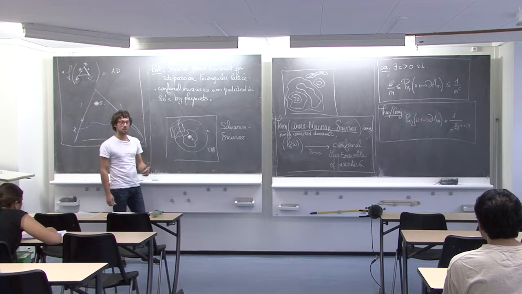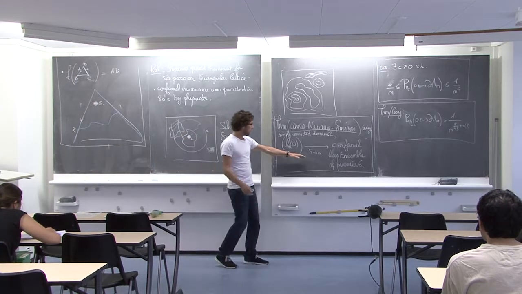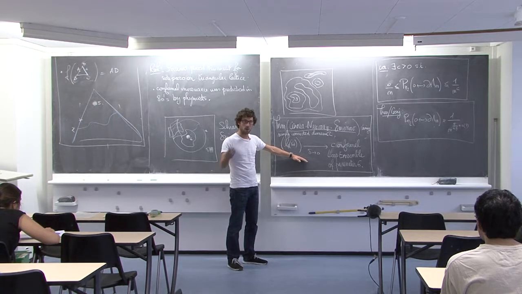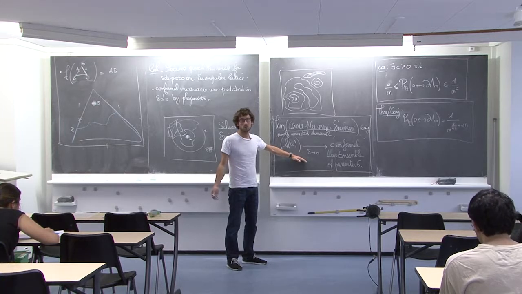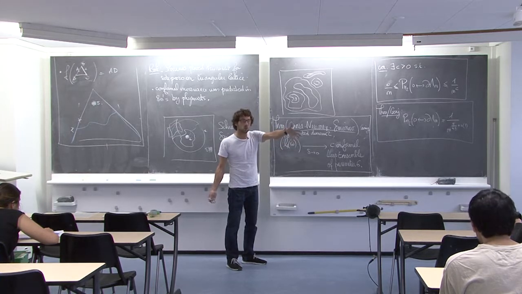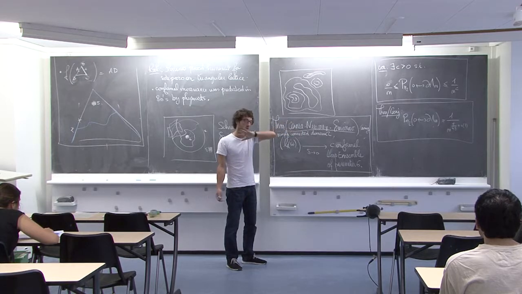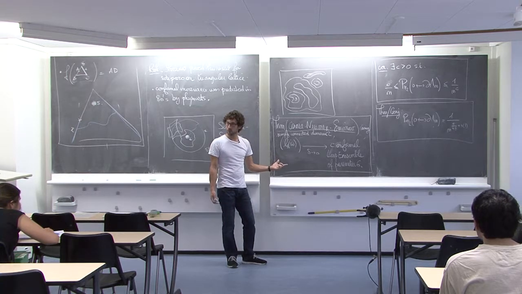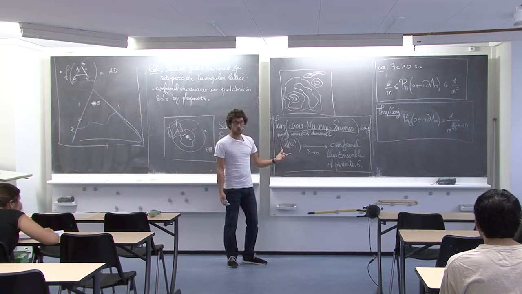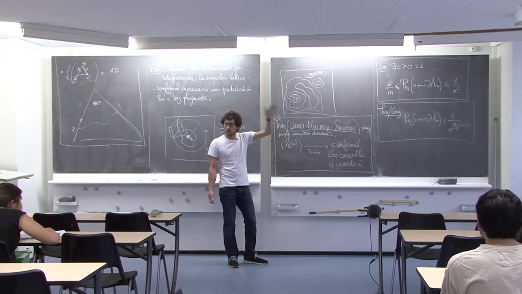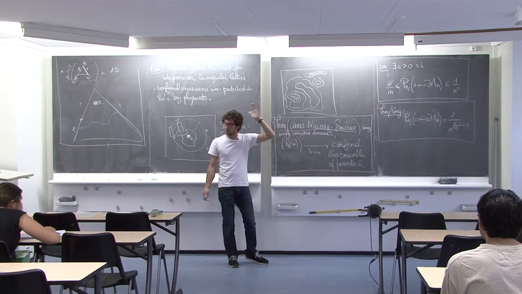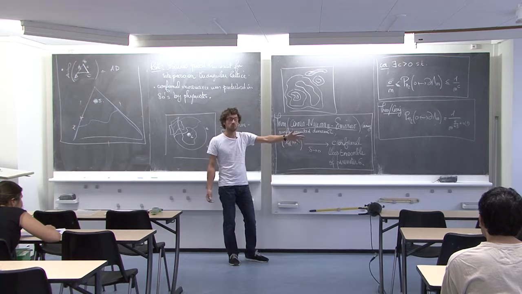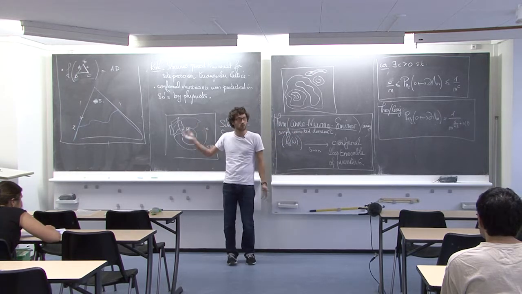Well, this is for the CLE. If I take the CLE in another domain, the image by phi, a conformal map, of my domain, what am I going to get? In the new domain, I can do two things. I can take the image of the limit that I got in my first domain, omega. Or I could take percolation in this new domain and take the scaling limit, which gives me another loop ensemble. These two loop ensembles have the same law. This is exactly what is given by conformal invariance.